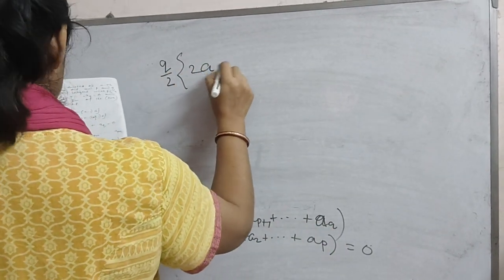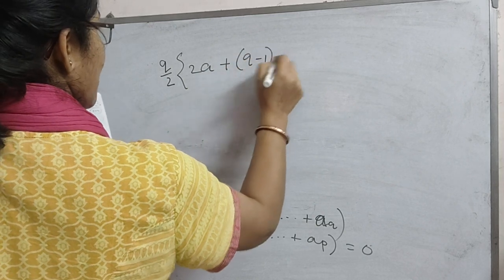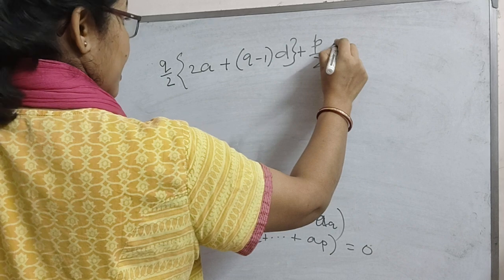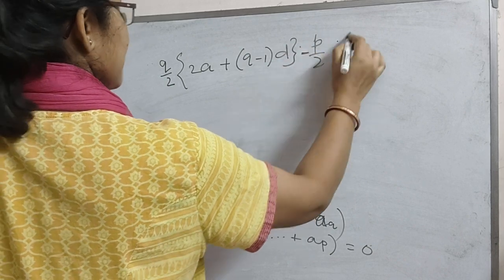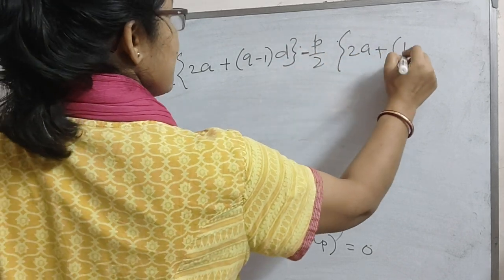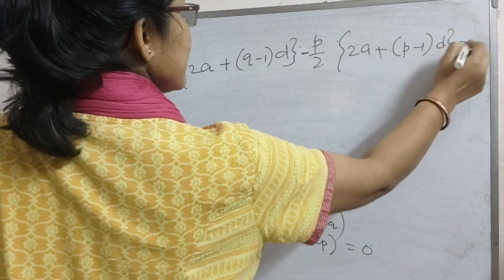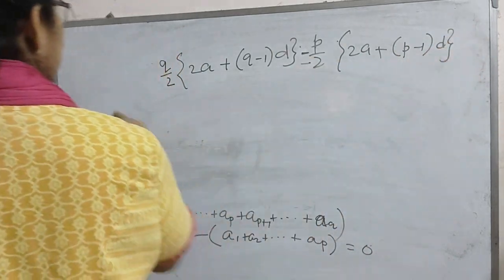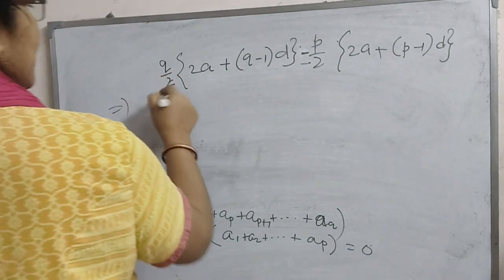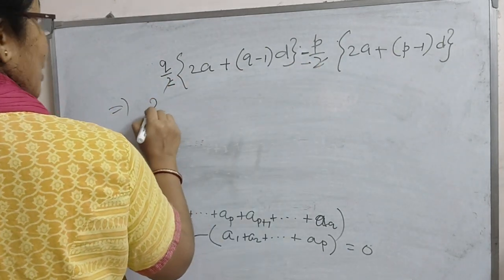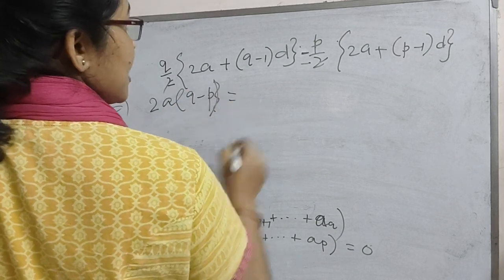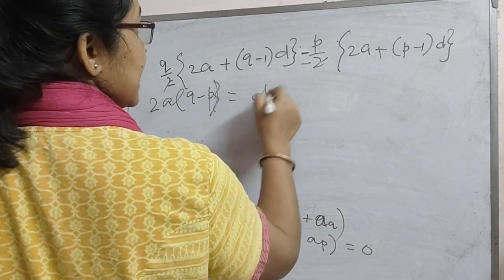That means Q by 2 into (2A plus (Q minus 1) into D) minus P by 2 into (2A plus (P minus 1) into D) equals 0. So I can write it, and this cancels out, giving 2A into (Q minus P) plus D times